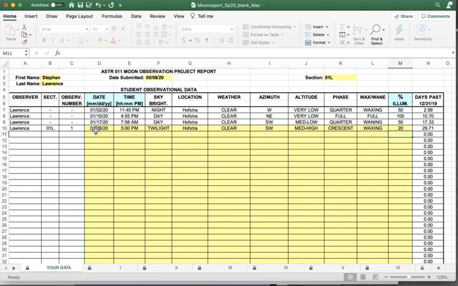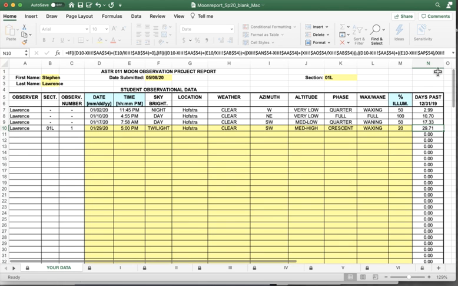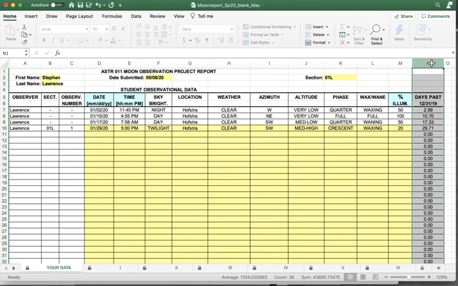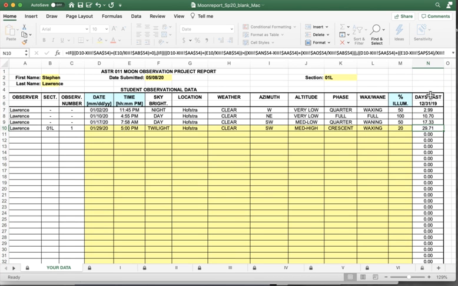As you enter your date and your time in the correct formats, Excel will calculate this number over here in column N. It's going to calculate how many days have passed since midnight at the very start of December 31st in 2019. And the reason for choosing that date, December